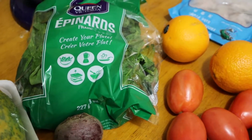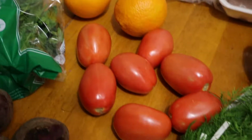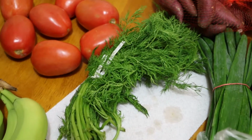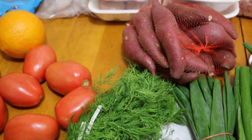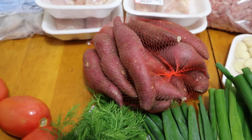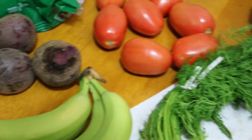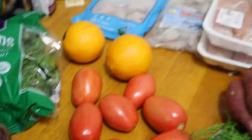This bag of spinach. These oranges were $2.64, so about $1.30 each. I think tomatoes, these Roma tomatoes, were $1.38 per pound. The dill was pretty expensive. It was $3.99, but again, I forgot to buy it at like No Frills or Walmart, and I just didn't want to go to any more stores after this. We got a pack of Oriental Yam, the Japanese sweet potato. That was $5.11. My mom also got 3 beets for $1.50,